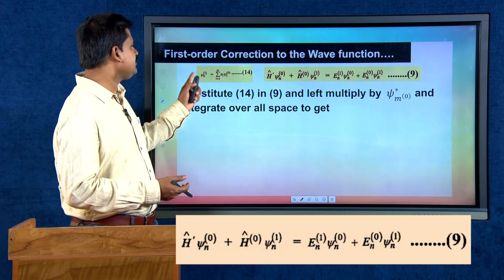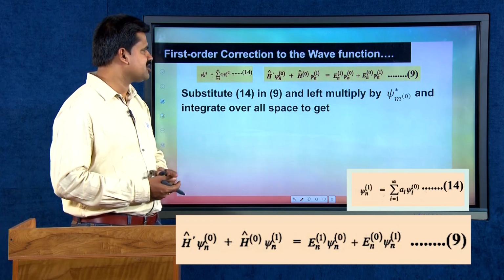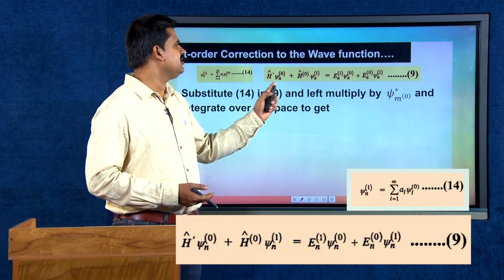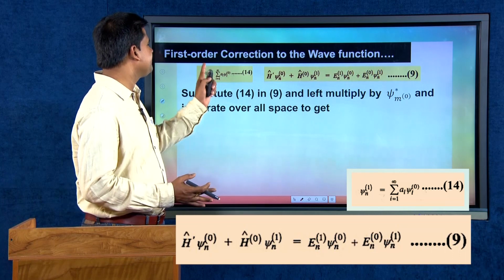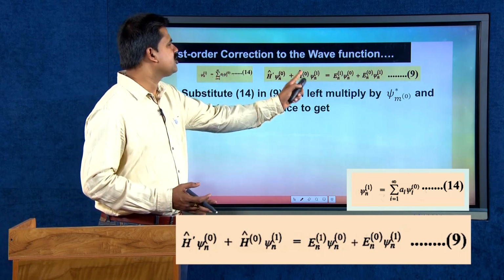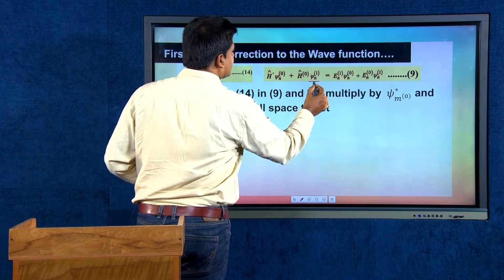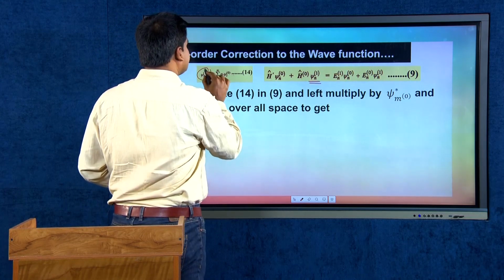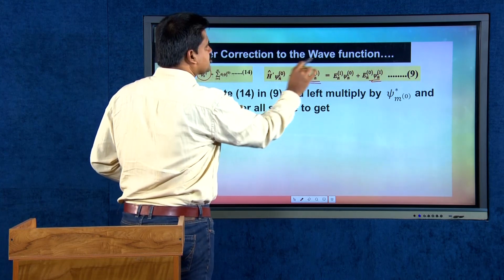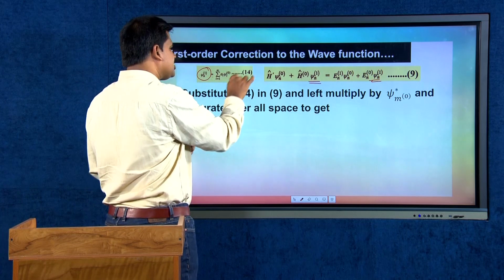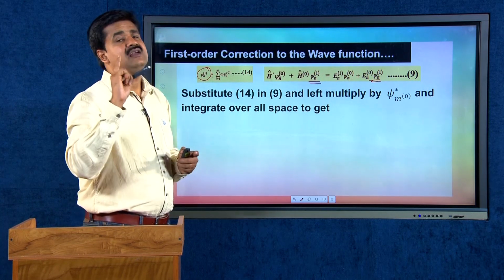Now, psi n1 is a linear combination, represented by equation number 14, and we already have equation number 9 with us. We have to substitute the value from 14 in place of psi n1. In this expression there is psi n1, and it can be replaced by this value, and here also there is psi n1, which can also be replaced. That means we have to substitute equation 14 in equation 9 and proceed accordingly,